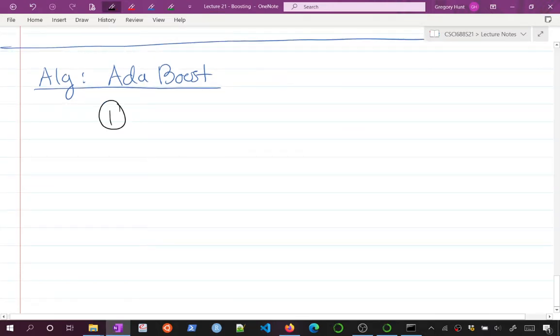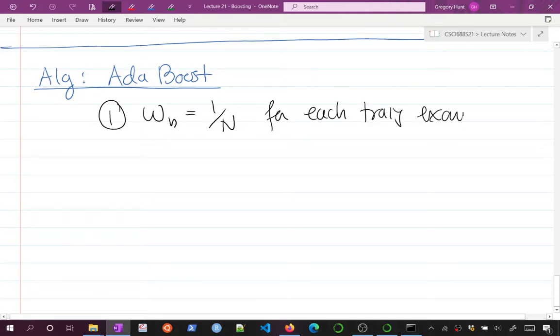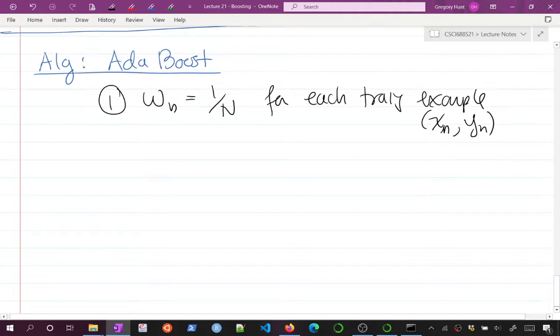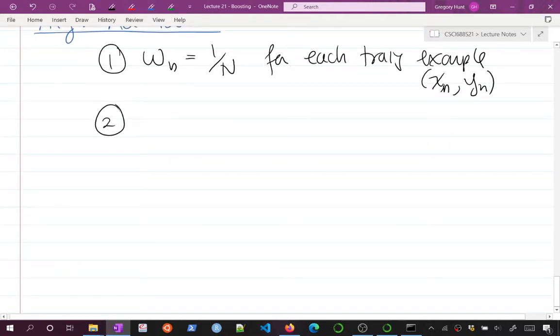Step 1 is I'm going to set weights for each training example xn, yn. So I'm going to set a weight for my training examples. And initially, I'm going to set them all just to be 1 over n, number of things. That's the kind of initialization step. And then I'm going to build my sequence of classifiers. So let's say for B, which is my classifier index, my boosted index, from 1 to capital B,